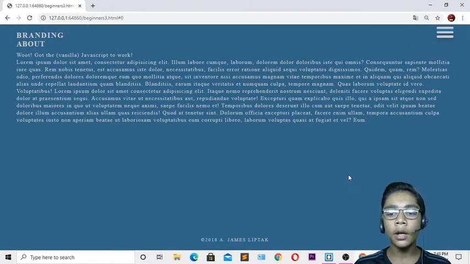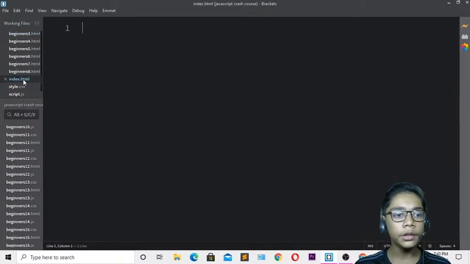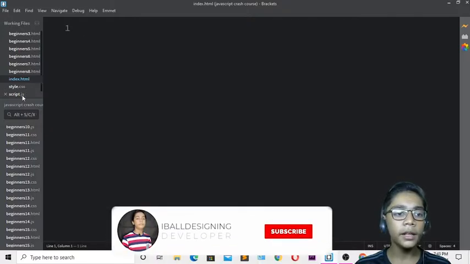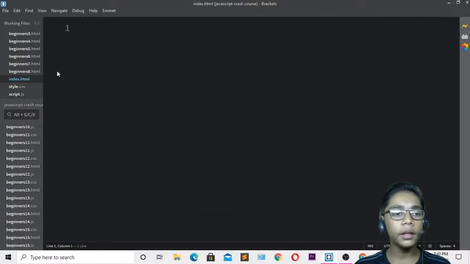First of all you have to open your text editor, which is called Brackets. I will open my text editor over here and go to my file called index.html. I've also created two files called style.css and script.js. In style.css, like you all know, I will write all my CSS, all the framework in that. Then in script.js I will define all the JavaScript code, like linking the button with that. I'll do that in my JavaScript.